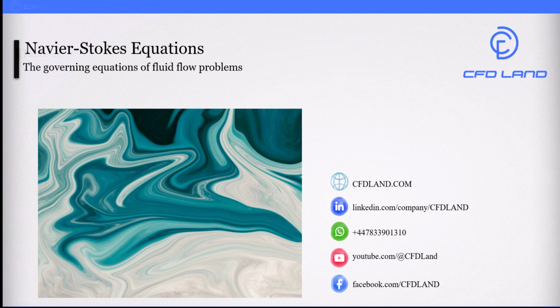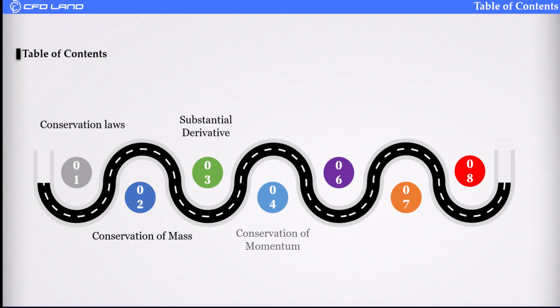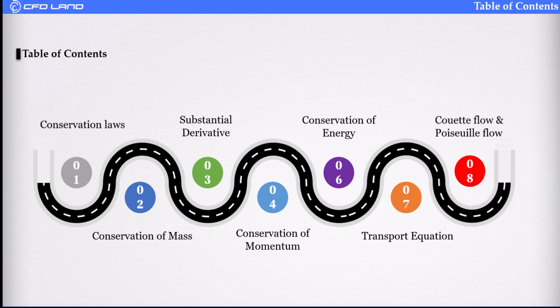it. In this video, we are going to discuss conservation laws, conservation of mass, substantial derivatives, conservation of momentum, conservation of energy, transport equations, and at the end, we will discuss two simple flows, Couette flow and Poiseuille flow. By the end, you will read a flow field like a map, and you will know how to spot what each term